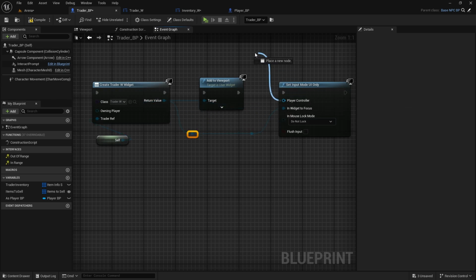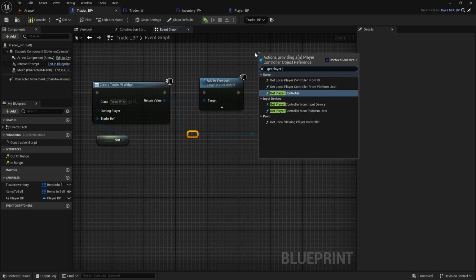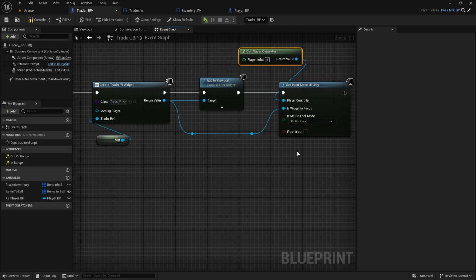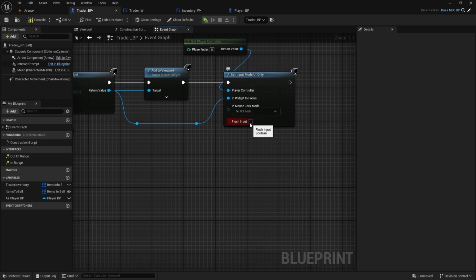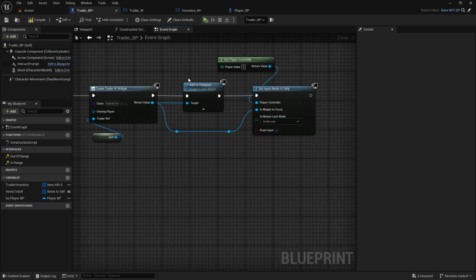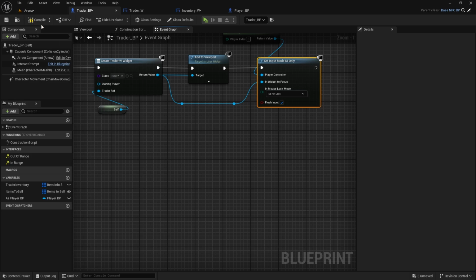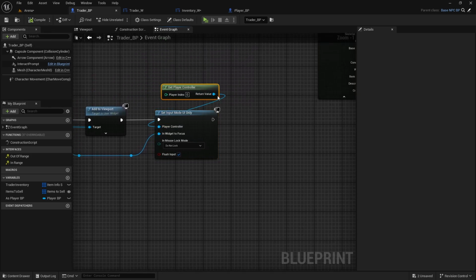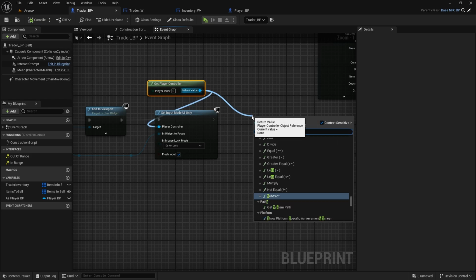And for player controller, we need to get player controller. We'll also flush input, because if we don't and you keep running forward and then you open inventory trader, it will keep running even though we can only use keys inside the UI. So flush input, compile and save, and then one more thing we need to do from player controller, we'll set